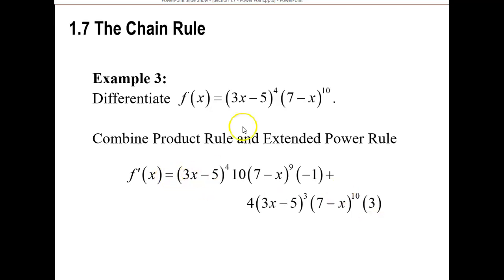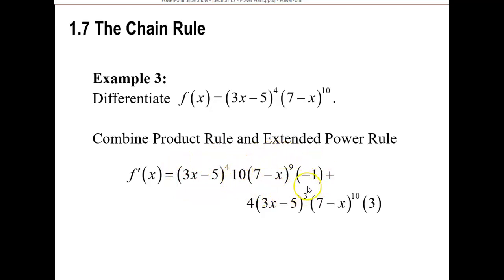So the derivative becomes the first function, which is 3x minus 5 to the fourth, times the derivative of the second. So this whole thing right here is where our chain rule is coming in. So we're bringing down the 10 in the front, 7 minus x stays to the 1 less power, or 9, times the derivative of the inside, which is negative 1. So within our product rule, remember, this is our first function times this all right here is